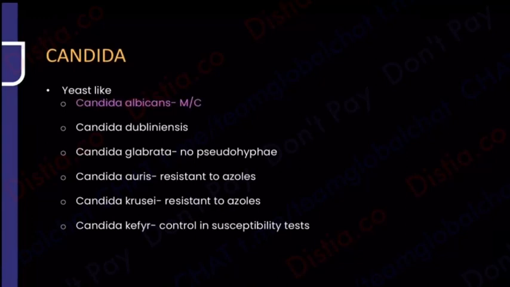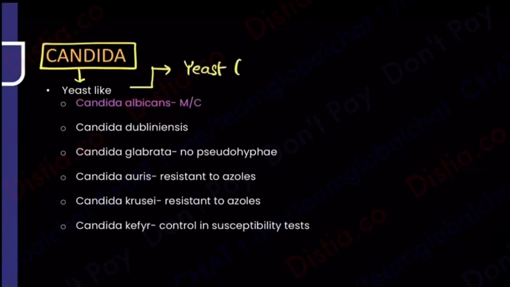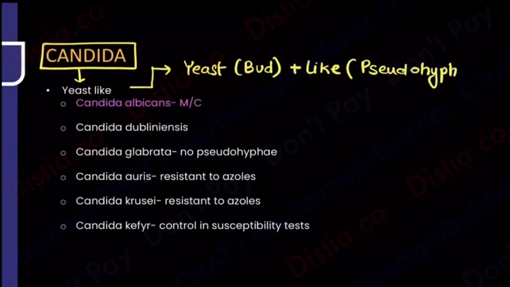So first and foremost, where did I place Candida in my classification? Remember, I called it yeast-like. Can you recall for me what I mean by yeast-like? The yeast property is the budding property, and when I call it yeast-like, that basically means it's going to show me the presence of pseudohyphae, right? So yeast-like, pseudohyphae and budding are all going to be there, and the most common is Candida